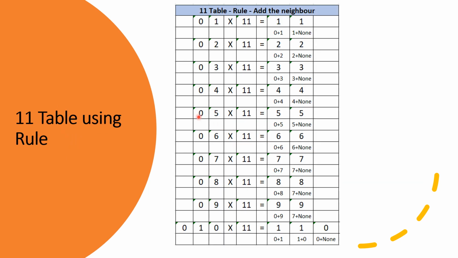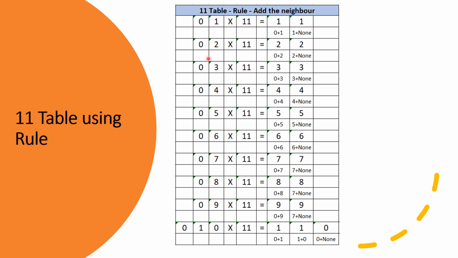And here I am just showing you the 11 table, and this can be derived using that method itself. We can apply the rule of 11 on this particular table, and we will attain the same result. If I consider 01, the answer is that there is no neighbor, so 1 plus none equals 1. Then when applying at 0, it is 0 plus 1, since the neighbor is 1. So you can see that 11 is coming as the answer.